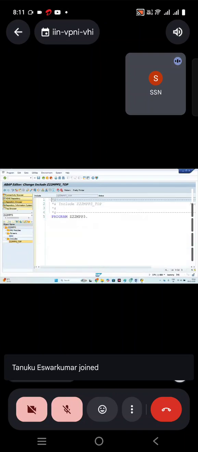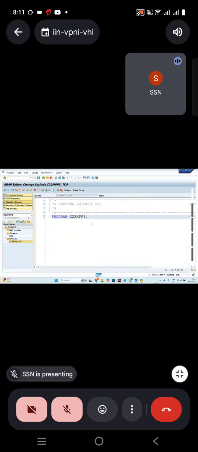Go to the includes, top include, where whatever declarations you want, you can do. I want a work area with 3 fields. So local structure, again the same. Types: begin of TY underscore VBAK. VBELN type VBAK hyphen VBELN. ERDAT type VBAK hyphen ERDAT. ERNAM type VBAK hyphen ERNAM.